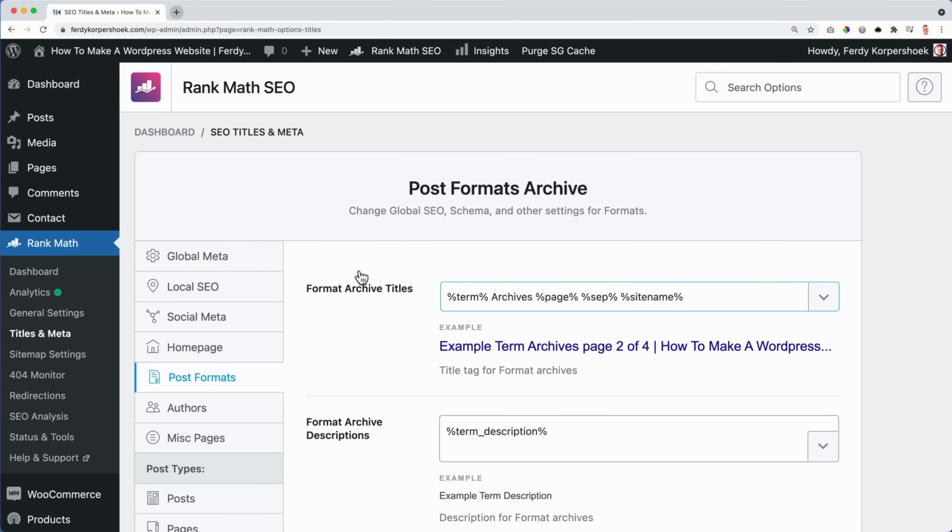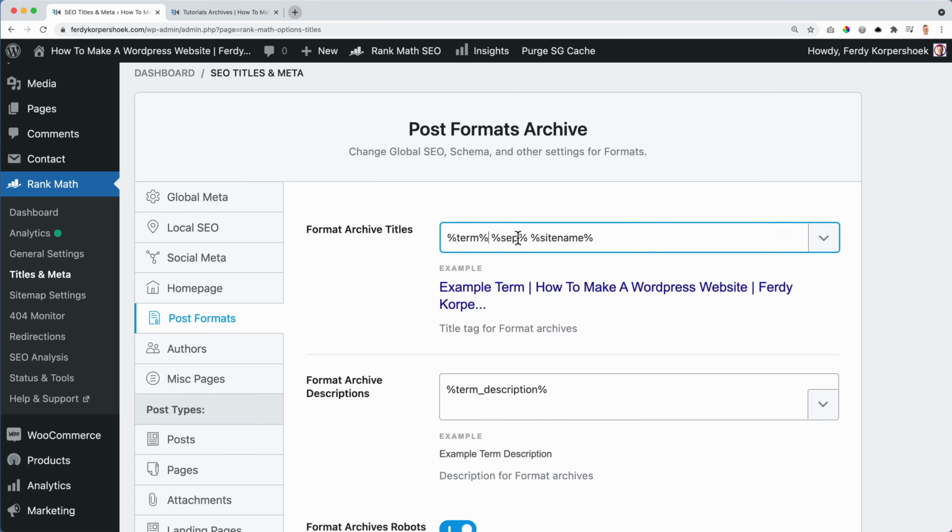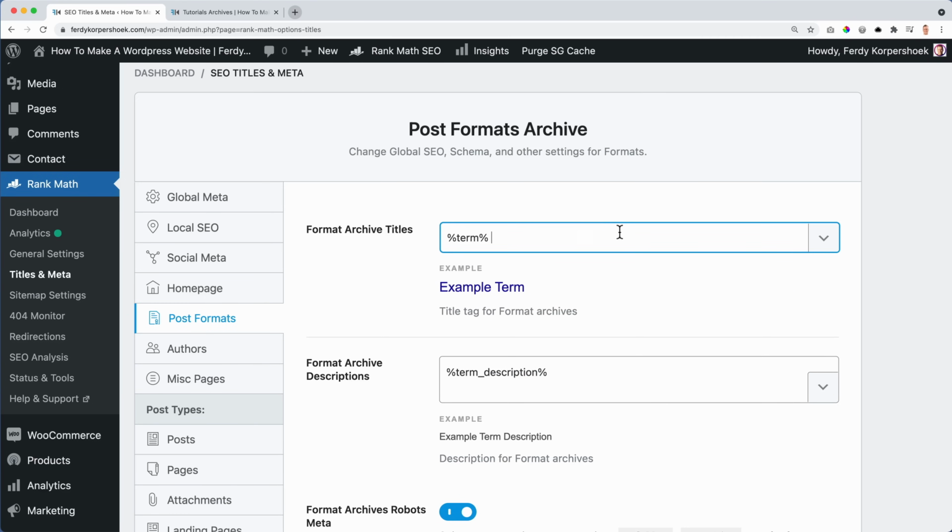From the archive titles, for me personally, I don't like this. It says nothing. Example term, archives, page 204. What I prefer, I use the term, but then I don't use the archive and the page. I just use example term, and then I say Ferdy Korpershoek.